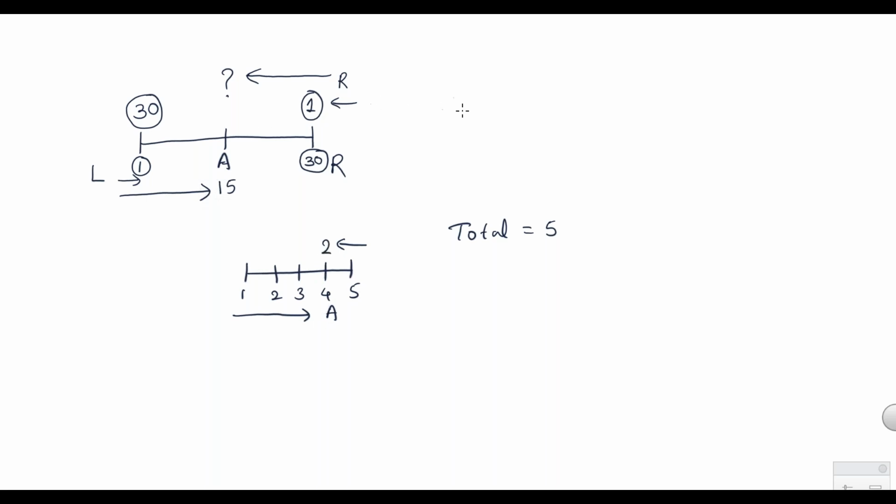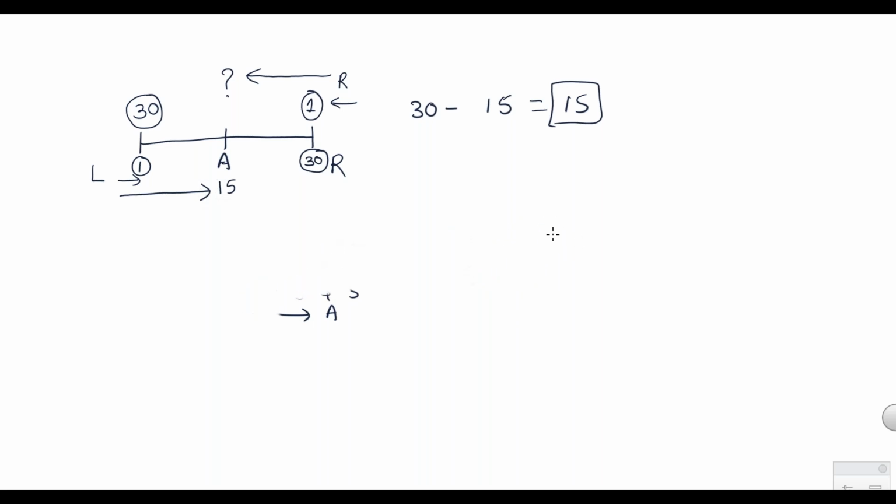But in this example, you answered 15 just because you subtracted the position of A, 15, from 30. So the remaining is 15. You said the answer is 15. But in this case, you did not say that 5 minus 4 is 1. You're saying 2 because you can count it. Right? So what is the difference here? The answer is not just 30 minus 15. So when you subtract 30 minus 15, see what you get.